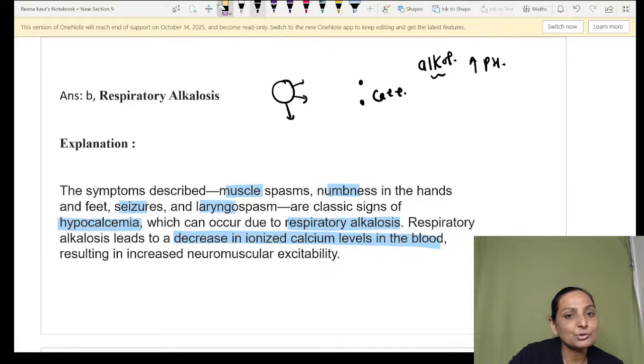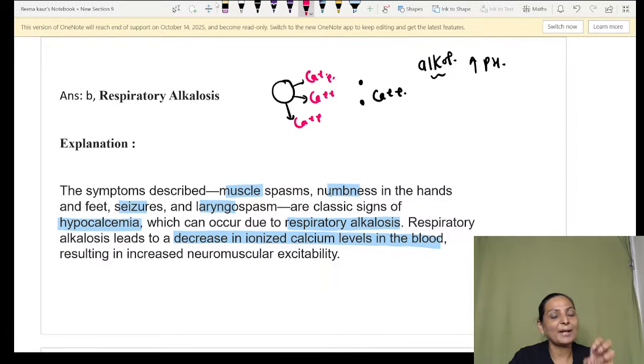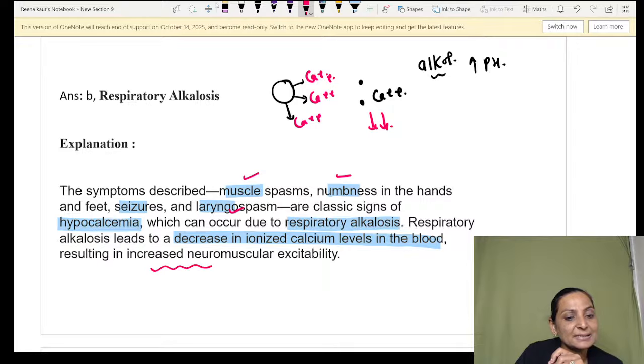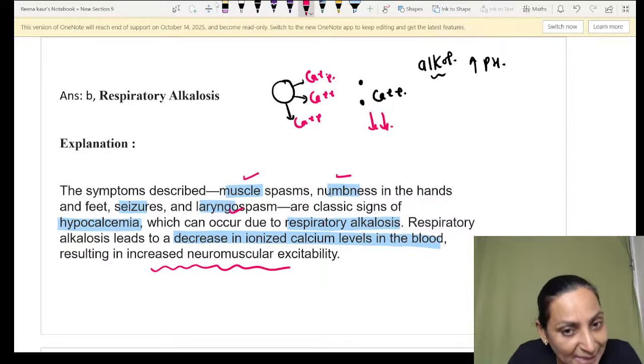So the hydrogen that was there earlier will now be replaced by calcium. The proteins are now going to bind to the ionized calcium. So the level of calcium would reduce, and this would result in the symptoms of muscle spasm, numbness, or laryngospasm. And you know that hypocalcemia results in an increase in the neuromuscular excitability, because calcium normally covers